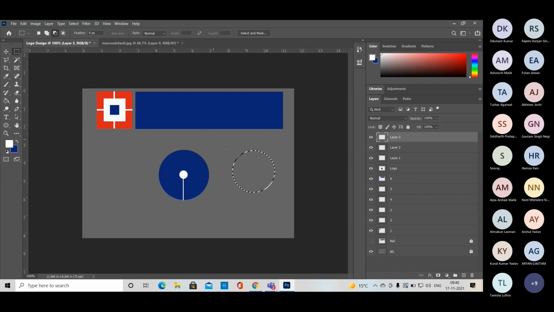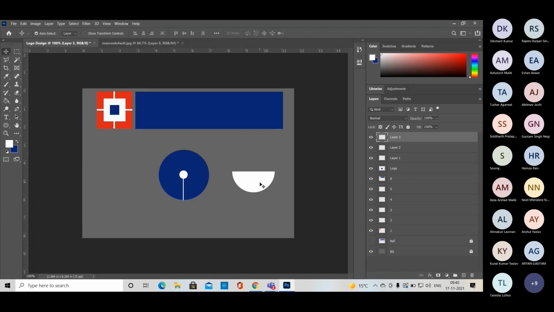Just take the rectangular marquee tool and then, right. So there is no need to fill the color and then change the color. We have an option, just go and then Control Backspace, Control D. Then I want to make another copy of this layer.